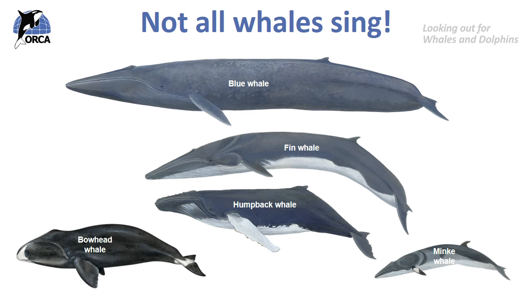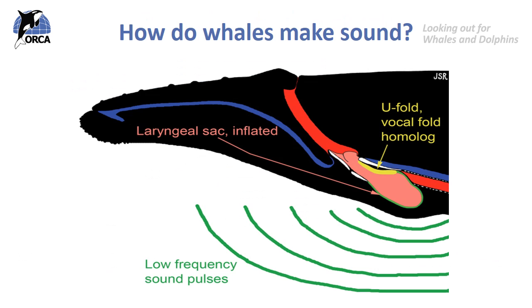As we already know, most of the large whales do not have teeth. Instead, they have baleen. So they do not use echolocation. Instead, they sing to each other, and whales have a voice box similar to a human to make these noises. And to make these noises, baleen whales contract and relax muscles in the throat and the chest, causing air to